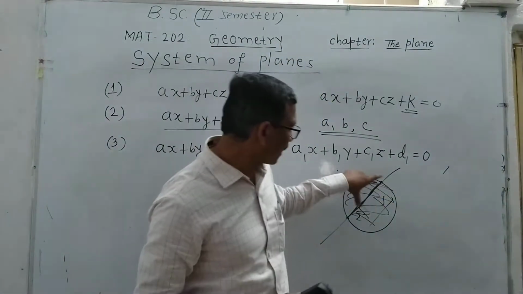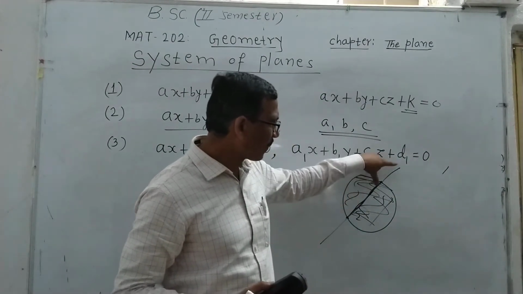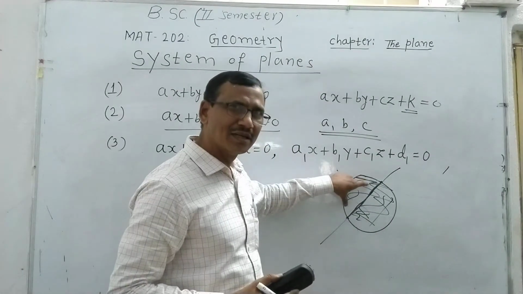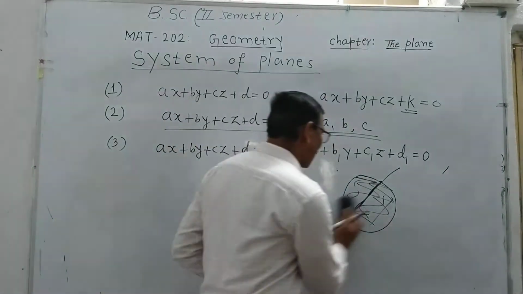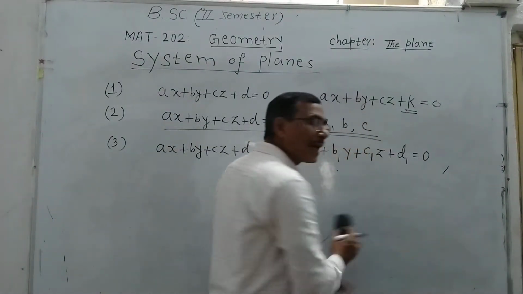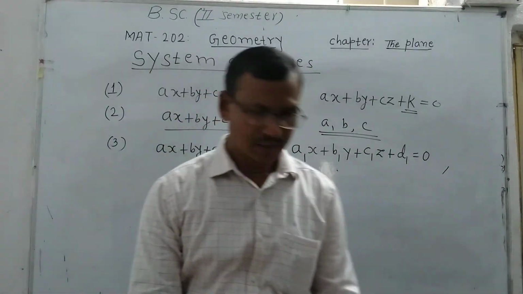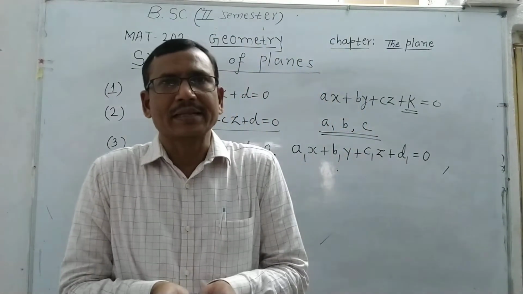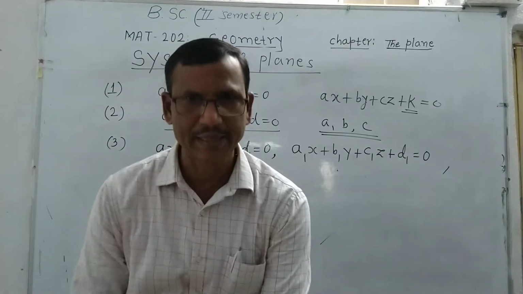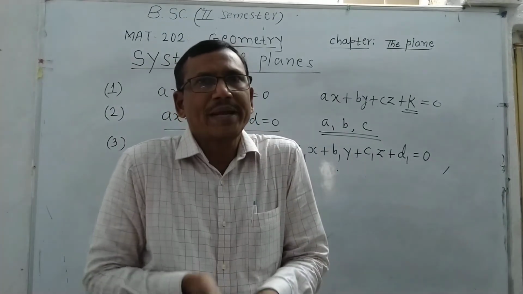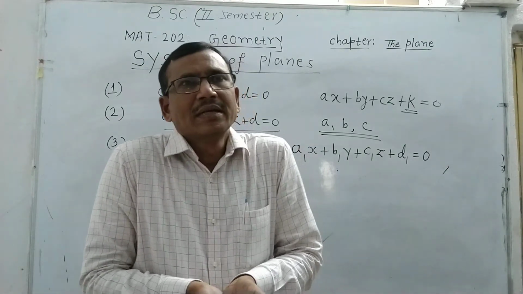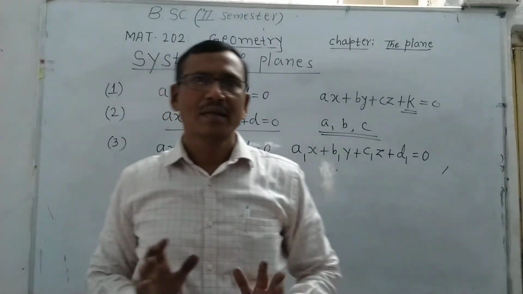That means the intersection of a line with the sphere is a chord, or this is a line. Okay. Similarly, the intersection of two planes is also a line. Suppose this is one plane and this is the other plane. They intersect here, and this is the line of intersection. So these two planes intersect in a line.